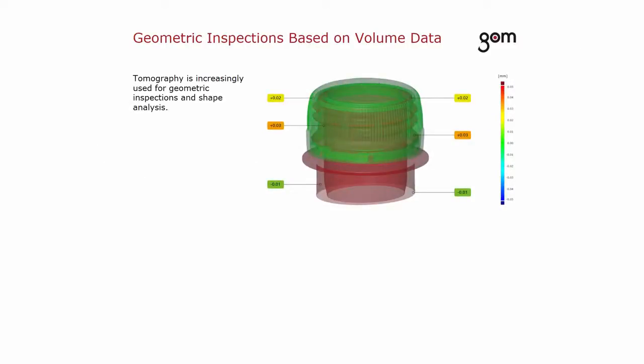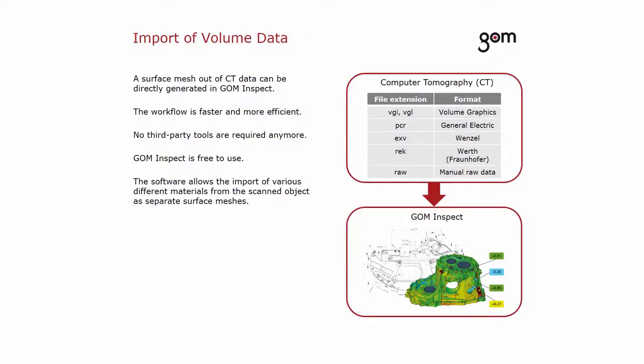A tomography reconstructs a 3D volume without destroying specimens. Tomography is increasingly used for geometric inspections and shape analysis. In order to perform 3D inspections, the volume model of the tomography needs to be transferred into a surface representation, a mesh for example. In the past, to generate a surface mesh out of the volume data in GOM Inspect,